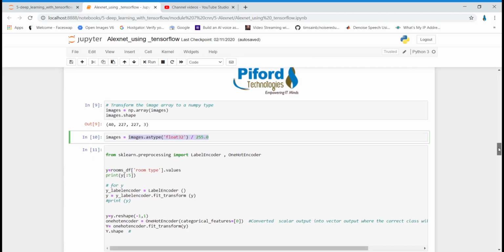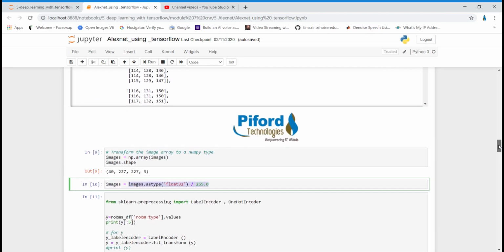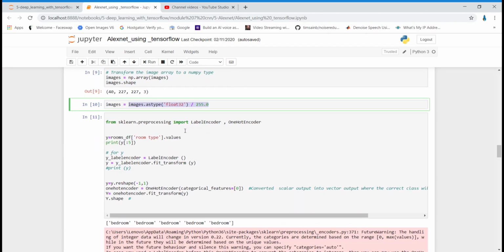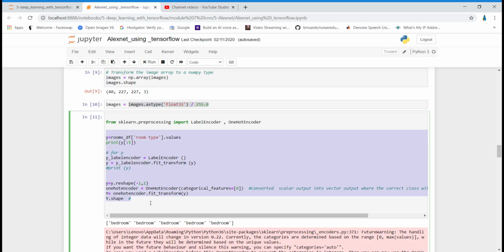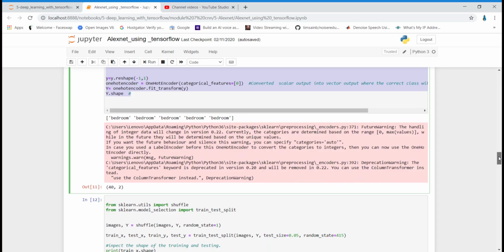Now let's talk about labels. If you see over here, our labels are in the form of strings, in the form of alphabets. And in machine learning and deep learning, our algorithm understands numerics only. So that means we need to perform label encoding and one-hot encoding on Y. This is what I've done over here. After performing label encoding on our Y column, on our labels column, we get this output.